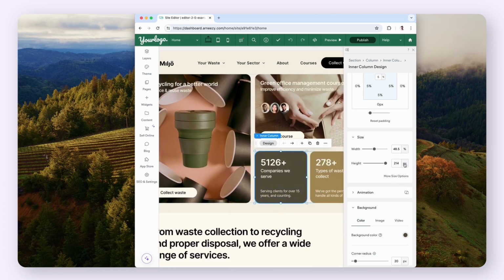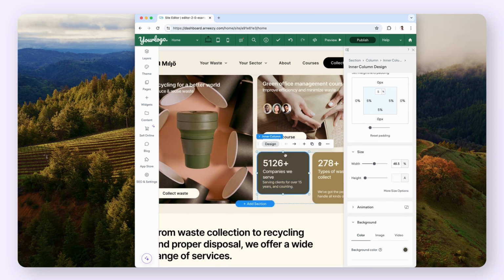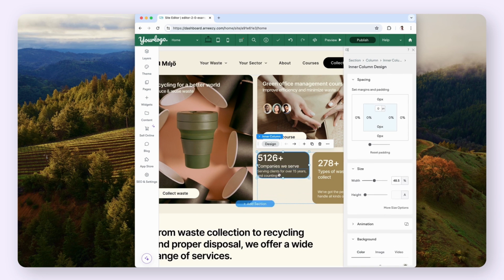When we change the height of our inner column from 214 pixels to auto, you will notice that the container, or this inner column holding these two text widgets, suddenly becomes a bit smaller. I'll reset the padding to further demonstrate what I mean. Notice that the height of this inner column, now set to auto, has reduced to match the height of the